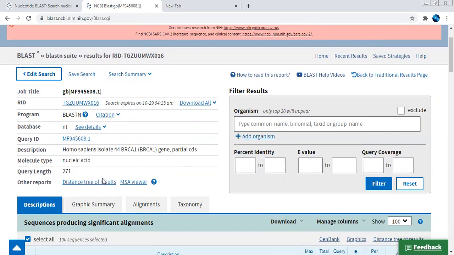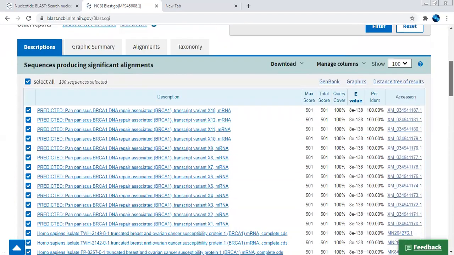Here a multiple sequence alignment viewer is also provided. If you are interested you can click on that. Next, the major important thing that BLAST is giving us is that 100 sequences have been selected based on the match and the scores they have been given.